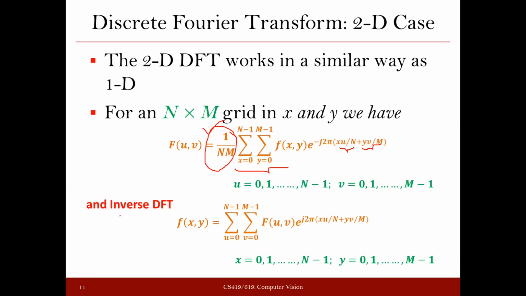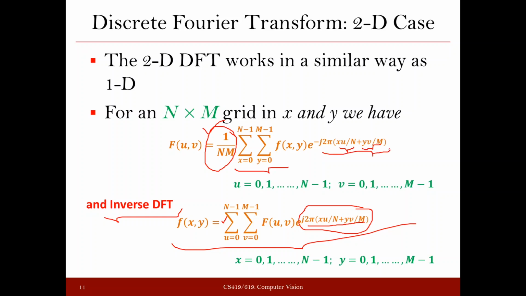Okay, its equivalent inverse DFT is given by this formula, where again, as in the case of 1D, we did not write any coefficient here, so here also there is no coefficient written. Only in the exponent, xu is divided by n and vy is divided by m. So in the case of the inverse, the only change is in the exponent. But in the case of the Fourier transform, there are two places where the change is there with respect to the continuous case. One change is here in the exponent, and another change is with respect to this coefficient that we are using in front of this expression. Okay.